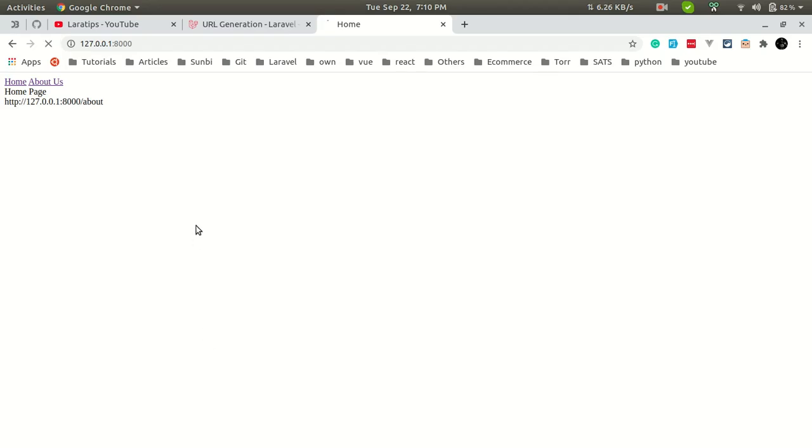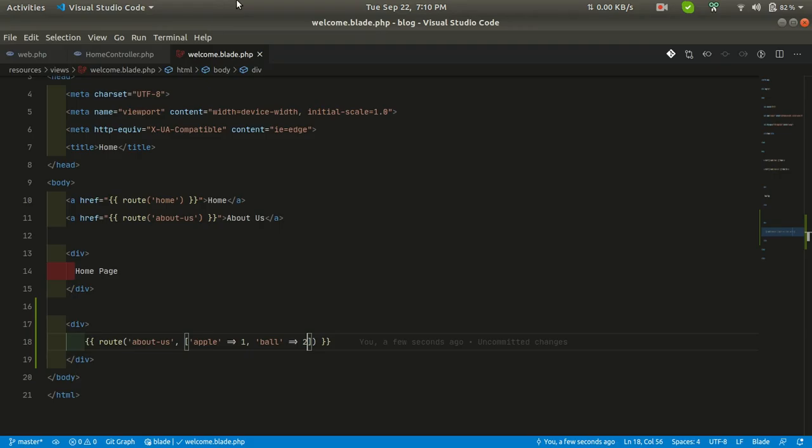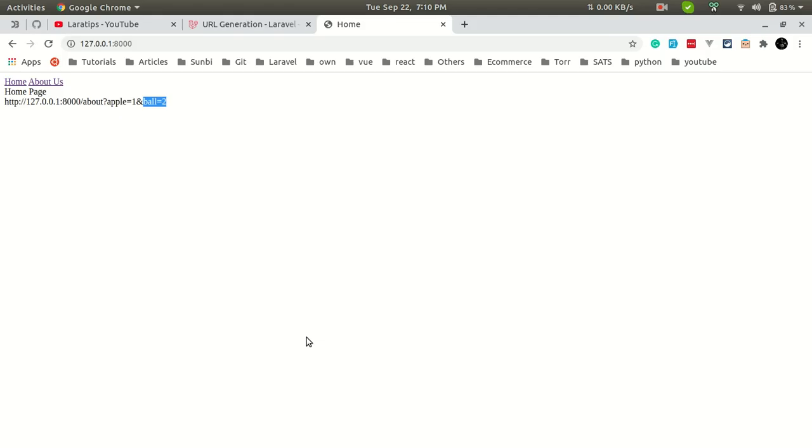Let me refresh the page. As you can see here, it will give us apple equals 1 and ball equals 2. Let's see what happens if we don't give a normal array. Then you can see here it will append them like this.